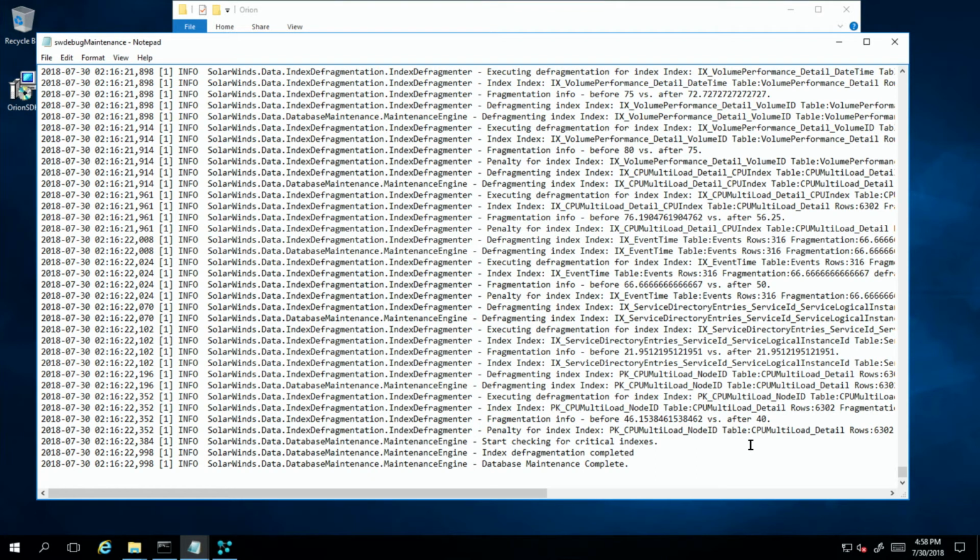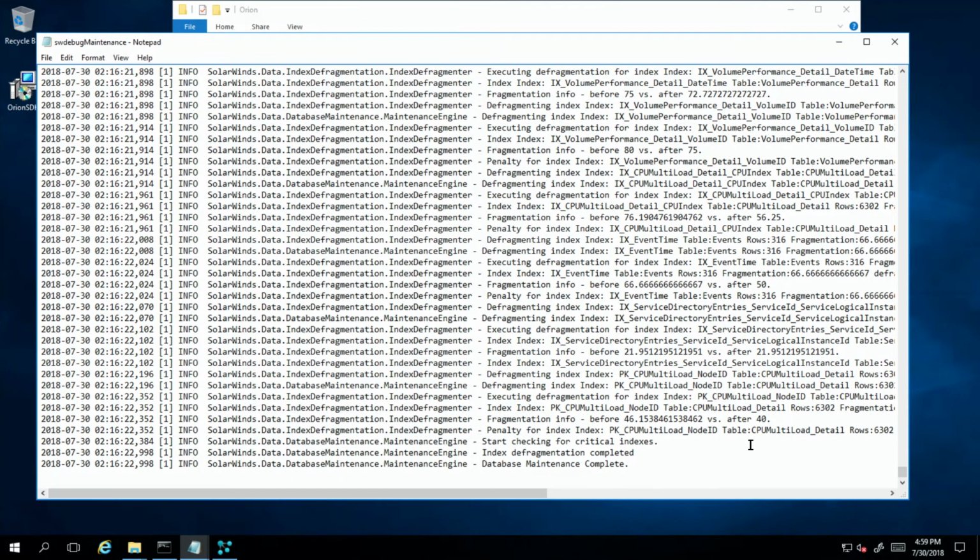So yes, and that's something great that you can come across there, because a lot of times what I have seen as an application engineer was that some of these would not complete. The fragmentation was so big, it would not actually come through, and you would just see these errors start coming across because it wasn't able to finish. Now, we're able to come down through here and see, okay, it's actually doing everything, and it tells you the before as well as after the defragmentation, and then it starts saying, okay, I'm checking the indexes, it's complete, now my database maintenance is complete.